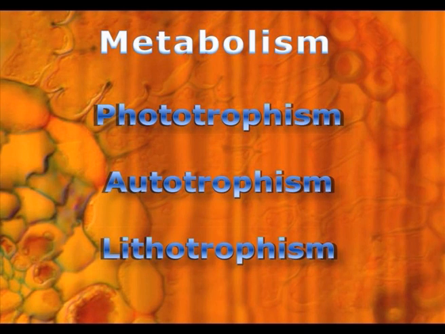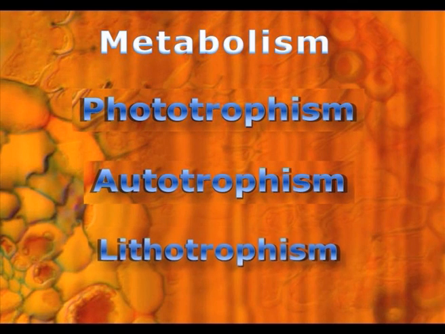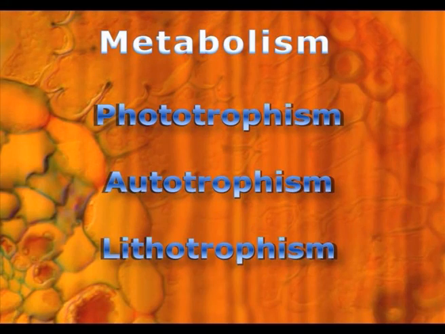The metabolism of Archaebacteria. It includes phototrophism, autotrophism as well as lithotrophism. Phototrophism means they can utilize solar energy. In the case of some Methanococcus and Pyrococcus, photoautotrophism is present. That means by utilizing solar energy, carbon dioxide is fixed by various means. Apart from photoautotrophism, we can find the presence of lithotrophism. Lithotrophism means they utilize inorganic substrates for the cell to generate ATP. For the generation of ATP, it is called chemolithotrophism.